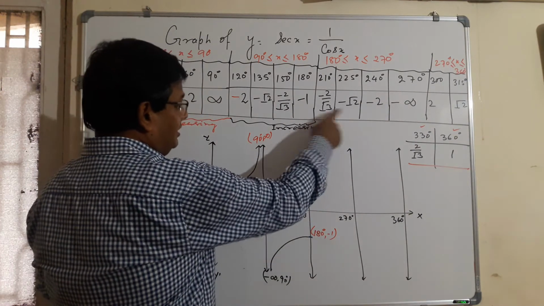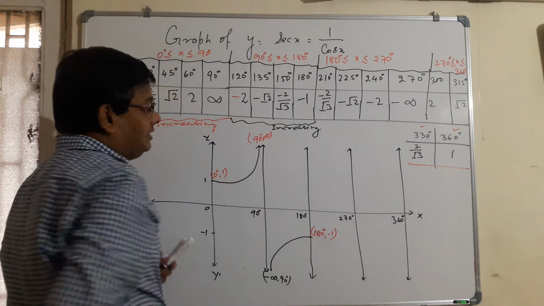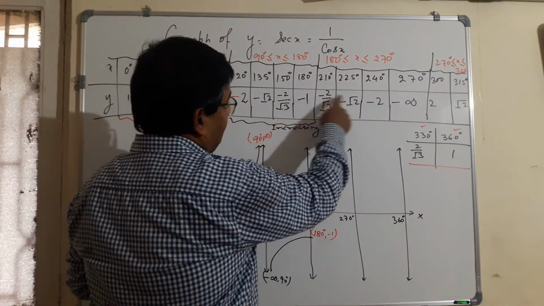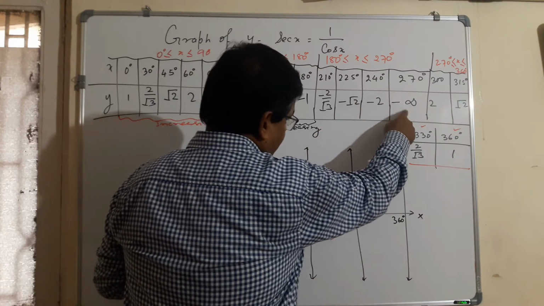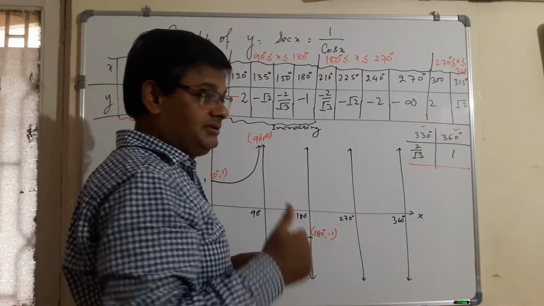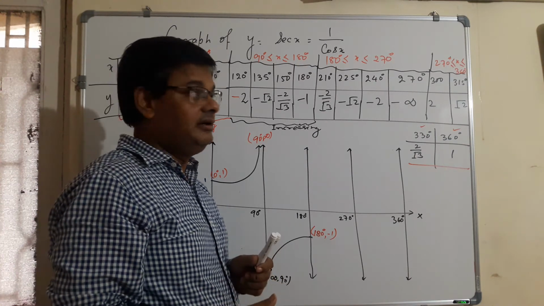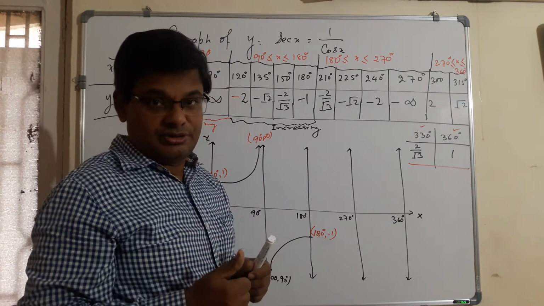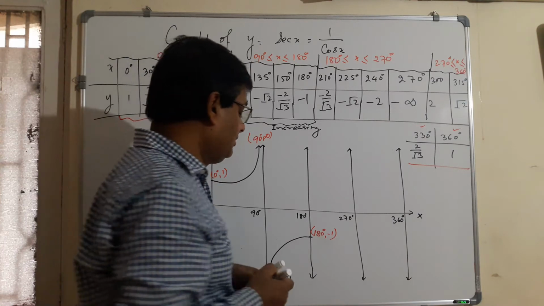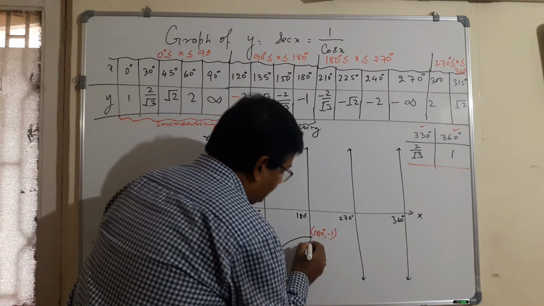Now in the third quadrant, cosec is negative, sec is negative. So see here, after minus 1, again in the third quadrant, it is decreasing. When near about 270 from the left side, 269.999, the numerical value will be more with a negative sign. It means the value is decreasing and going towards minus infinity. So here it becomes minus infinity.